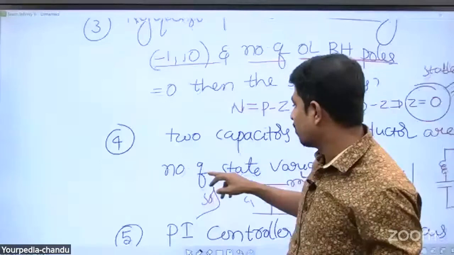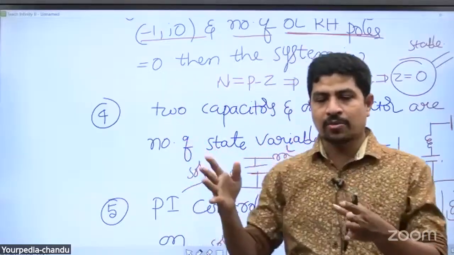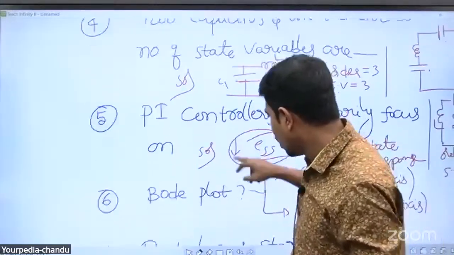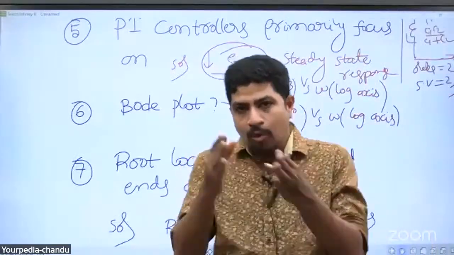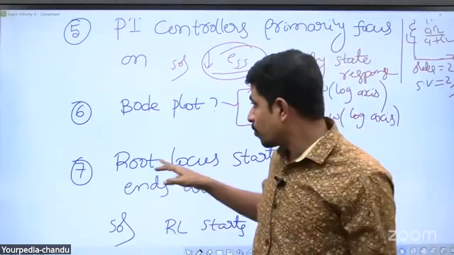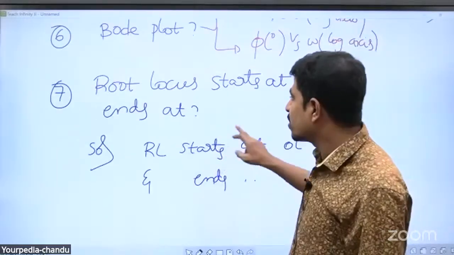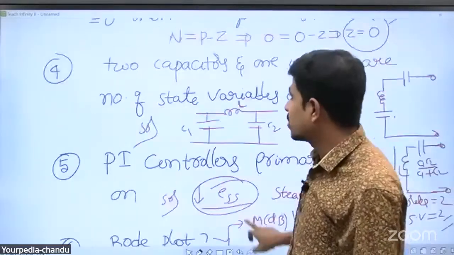Then the control systems I started. The control systems, mostly they covered from frequency response onwards. Root locus, frequency response. They did not give any question as of now from the basics of control systems. From root locus, frequency response, Bode plot, Nyquist plot they covered. But time response they did not cover. Equilibrium criteria, Routh-Hurwitz criteria they did not cover in these 7 questions.